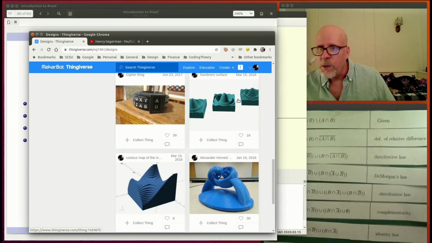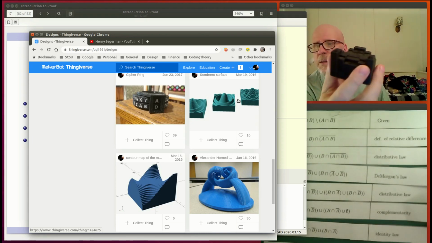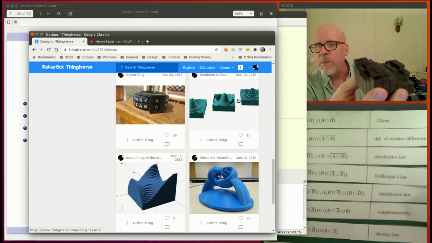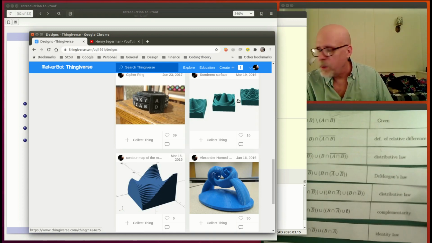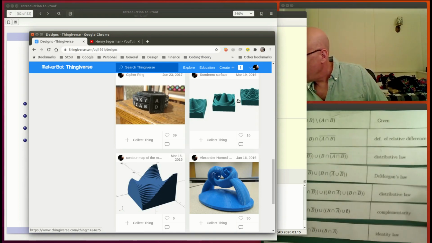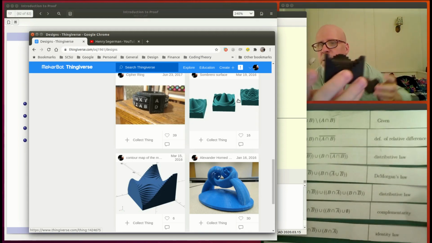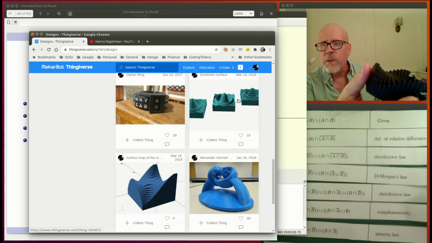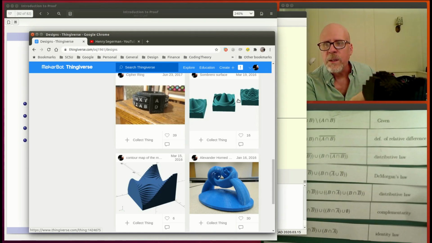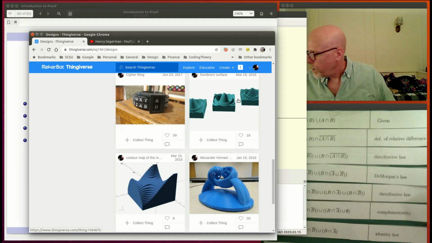These are physical. This is a physical model of a Riemann sum of a surface. It turns out the surface there was rather coarsely subdivided, you can see, but here's the same thing with a more fine subdivision. Doesn't show up very well because it's black and the light's not that good. Anyway, that's